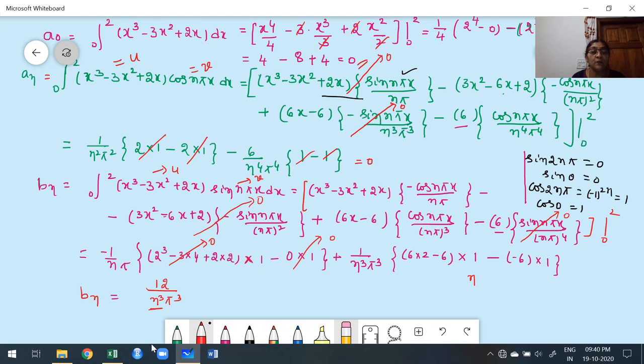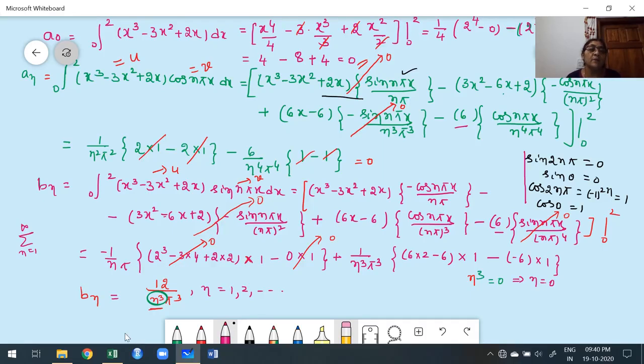How can you know whether it is true for n is equal to 1, 2, 3? Once we get the value of bn or an, pick the denominator n quantity. What is my n? n cube. I have to equate that n cube to 0. Once you equate to 0 and simplify, we get n is equal to 0. For n is equal to 0, only then bn is infinity, but our summation is ranging from 1 to infinity. Now confidently say that this is true for n is equal to 1, 2, 3. Because n is 0 is not included in the summation, therefore I have to write this is true for n is equal to 1, 2, 3.